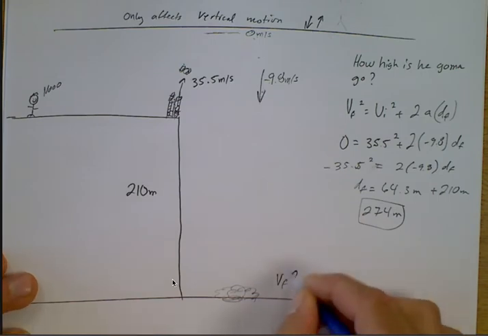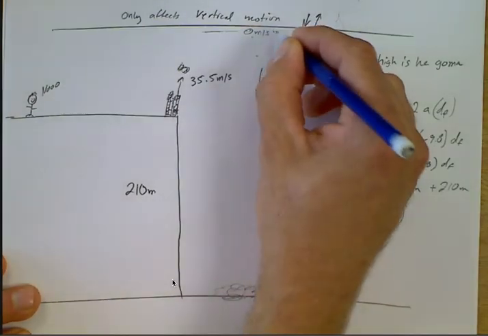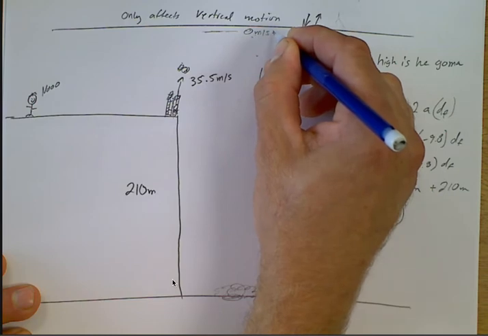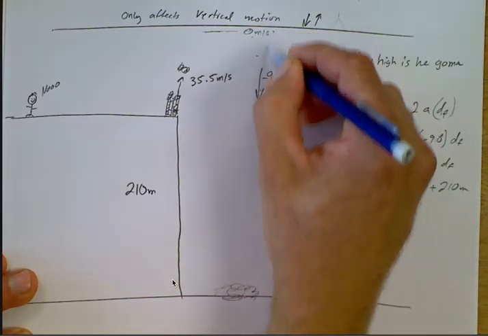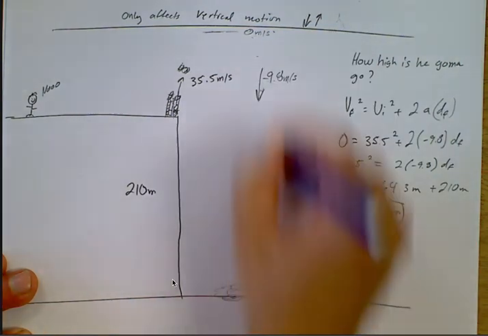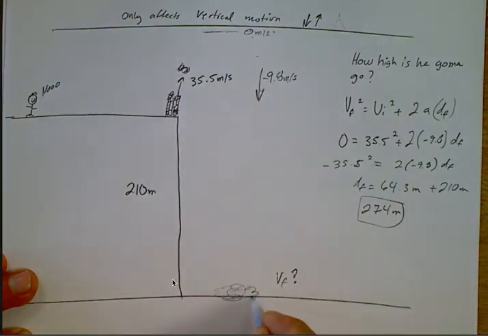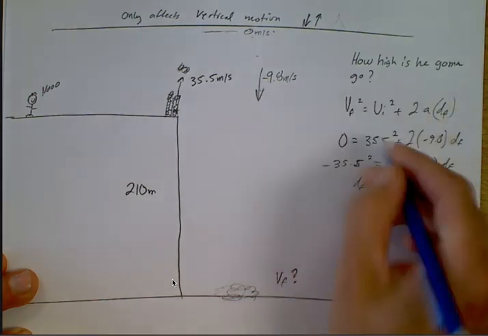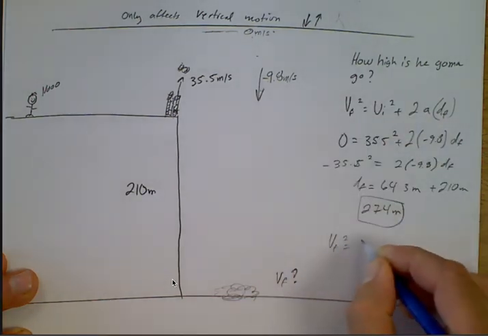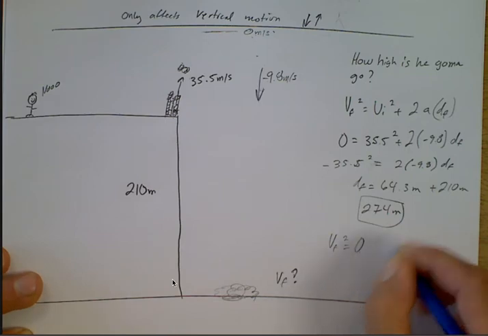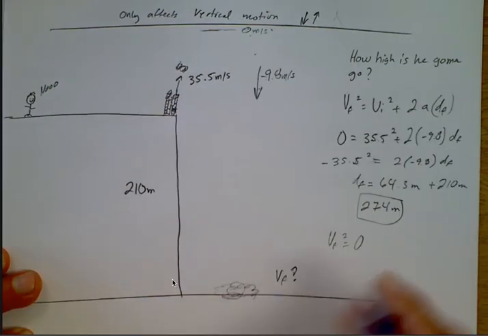Let's figure that out. We could easily do that because we know at the top here, I am going to be at 0 meters per second, and then I'm going to have gravity be increasing. So gravity is going to be now in the same direction, so it'll be positive, right? And down to a final velocity. So I got to use this same equation right here. I could say final velocity squared equals my initial velocity, which I know is 0, because I'm going to go from this point all the way down,